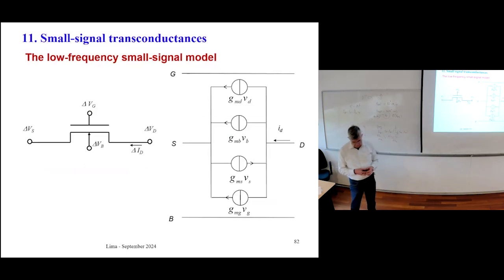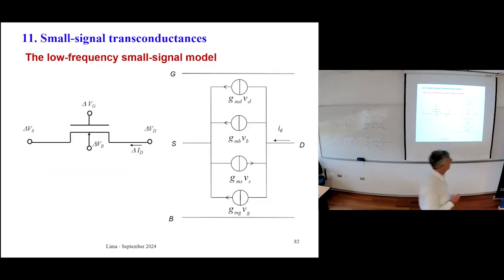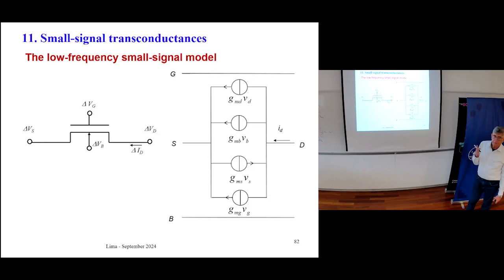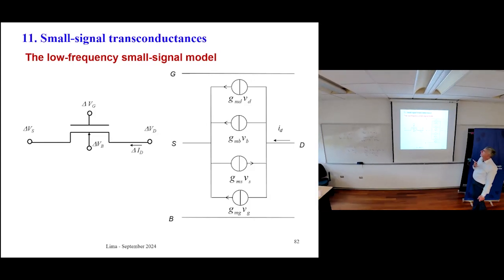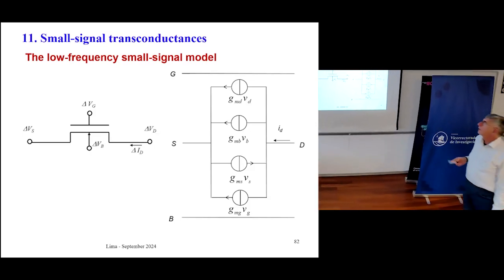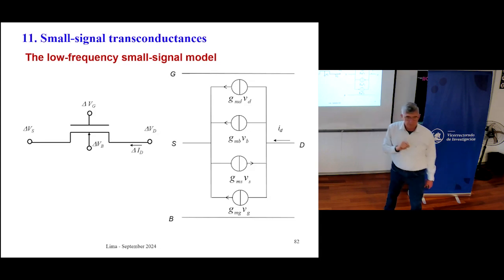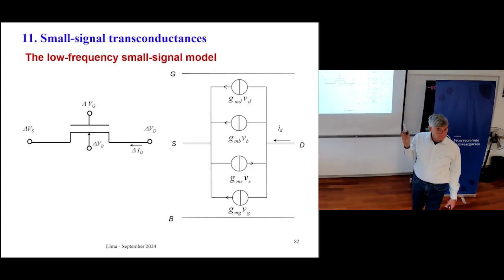Okay, this is the schematic circuit of the low frequency model of the MOSFET. We have 4 current sources. Each one is controlled by a terminal voltage. And look here, due to the negative sign that you define this GMS, this current source points towards the drain instead of the source. The 3 other current sources point to the source. Okay, this is valid for both NMOS and PMOS devices